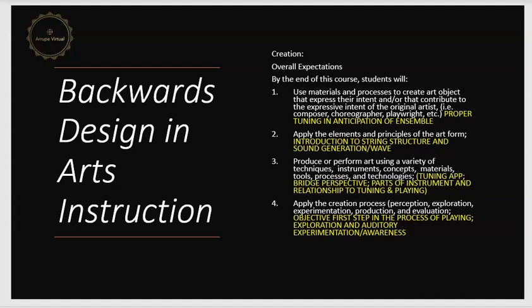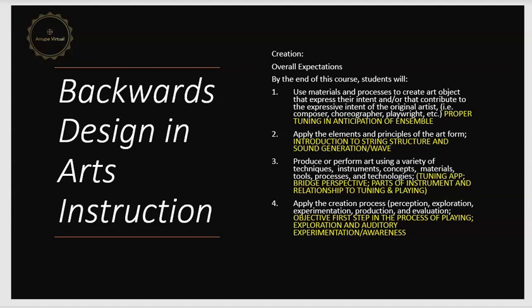and I have here in yellow the activities that take place underneath the overall expectations. So in terms of use of materials and processes, this teacher is going to have their students have proper tuning in anticipation of playing in an ensemble. In terms of applying the elements and principles of the art form, this teacher is using introduction to string structure and sound generation waves, and this consummate knowledge of the art form. In terms of producing or performing art using a variety of techniques, etc., this teacher has their students tuning